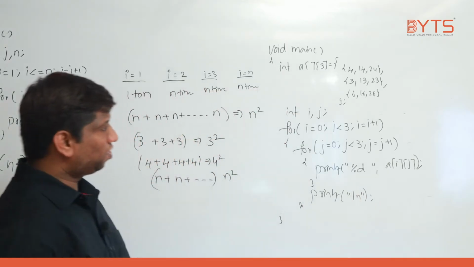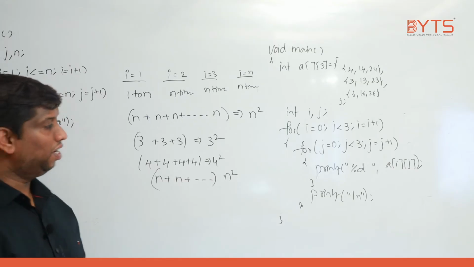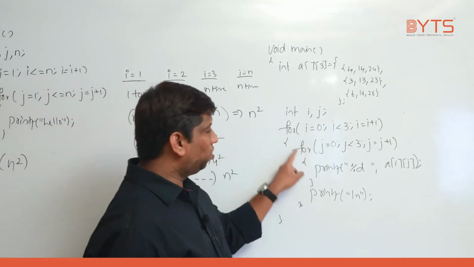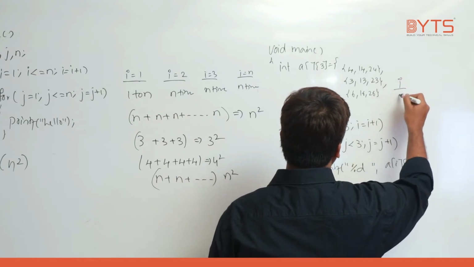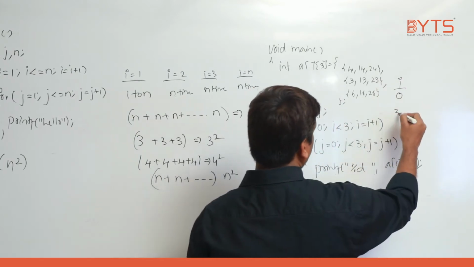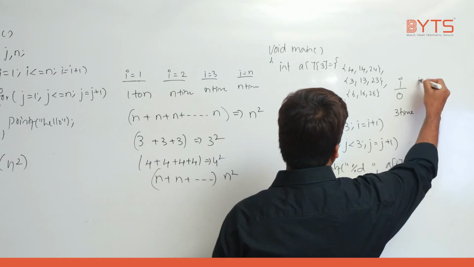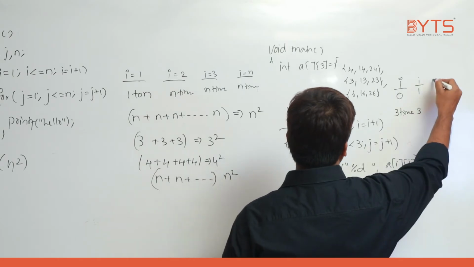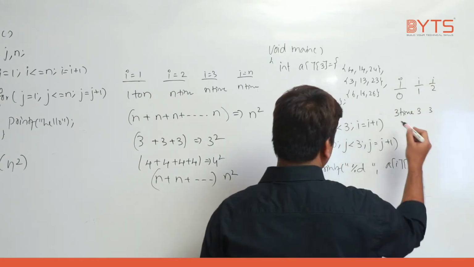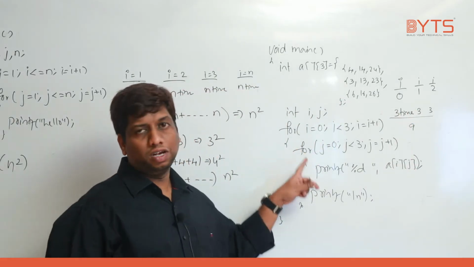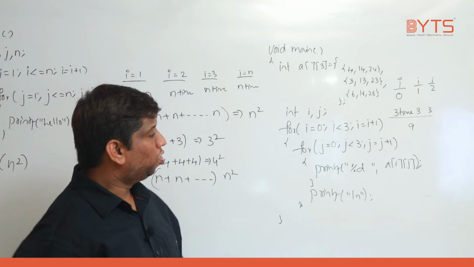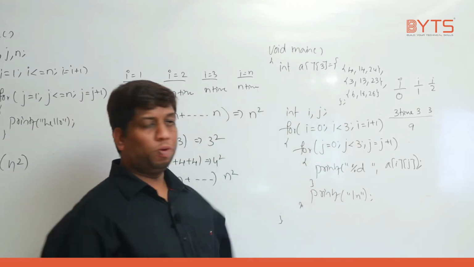Well, have you noticed the given matrix is 3 by 3. For the value of i 0, this loop repeated 3 times. Understand? For the value of i 1, this loop repeated 3 times. For the value of i 2, loop repeated 3 times. Means the loop repeated how many times? 9 times. I am talking about the inner loop. So there are 9 elements. That is the reason the loop repeated 9 times.